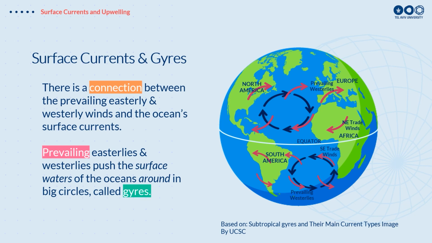You know, if, for example, you take a fan and you blow a fan on top of a bathtub, the water will go to one side. So the same in the atmosphere and the ocean, the easterly winds which are blowing constantly in the tropics push the waters towards the west.